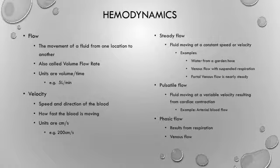So usually about 120, but it can go up a little higher, 200 sometimes is normal. And then when you get out to the fingers and the capillaries, arterioles, it's moving really slow. In fact, in the capillaries, it's moving very slow. But anyhow,